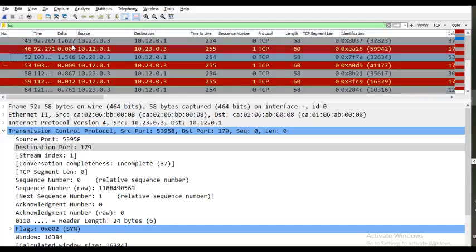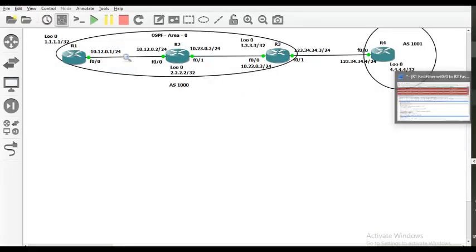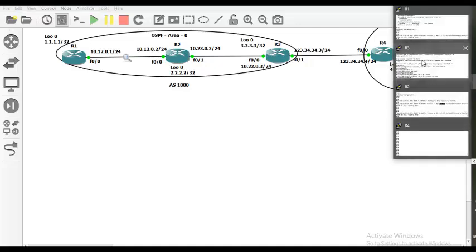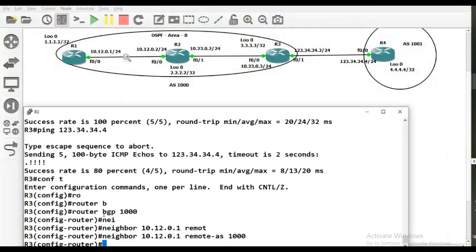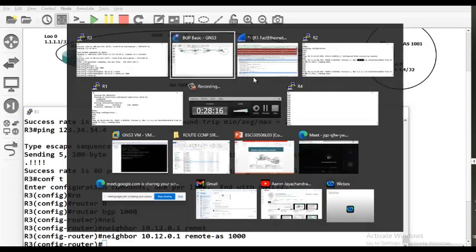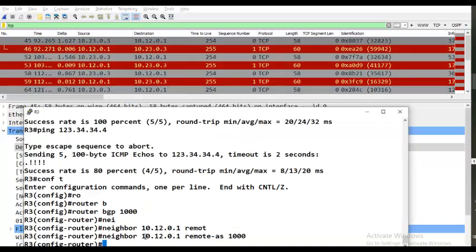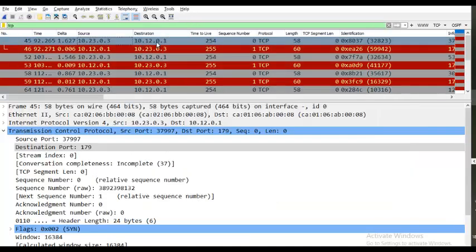You see, router 3 is sending the first packet. Where have you configured BGP? Only on router 3. We have not configured BGP on R1. So router 3 only will send the packet. What will be the source address? 10.23.0.3. That is what you see here. That's the source, and the destination is the address that we mentioned in the neighbor statement. And when I open that packet,